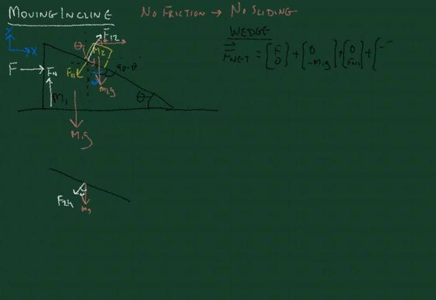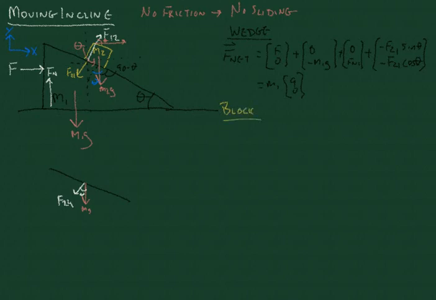So this is going to be, in the x direction, minus F21 sine theta, and in the y direction minus F21 cosine theta, and this is equal to m1a in the x direction. Okay, now we'll look at the block,